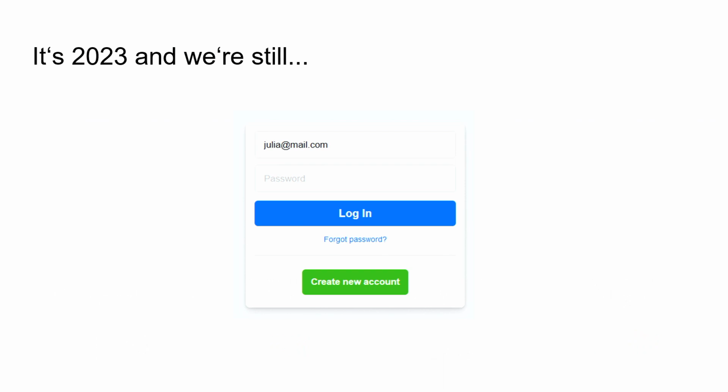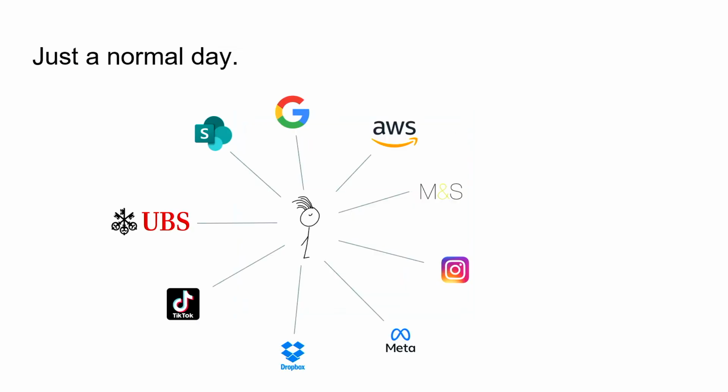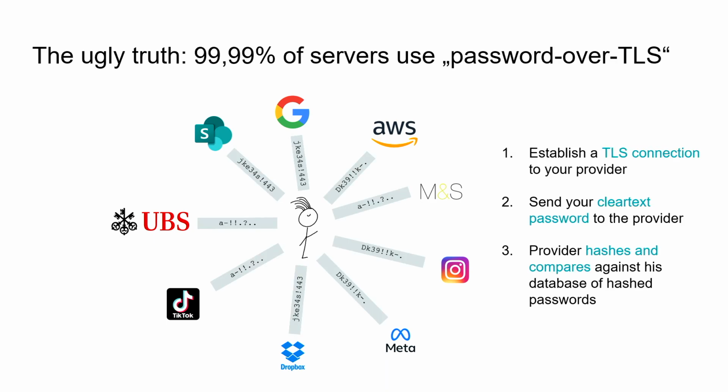Okay, so there have been many predictions of when we will finally stop using passwords. Still, the average number of accounts that are protected with a password of US or European citizens is far beyond 50. So let's have a look at what happens cryptographically if we authenticate with a password to one of these providers. The ugly truth is that almost all password authentications work with something called password over TLS. You can take a wild guess how this protocol looks. I'm going to describe it.